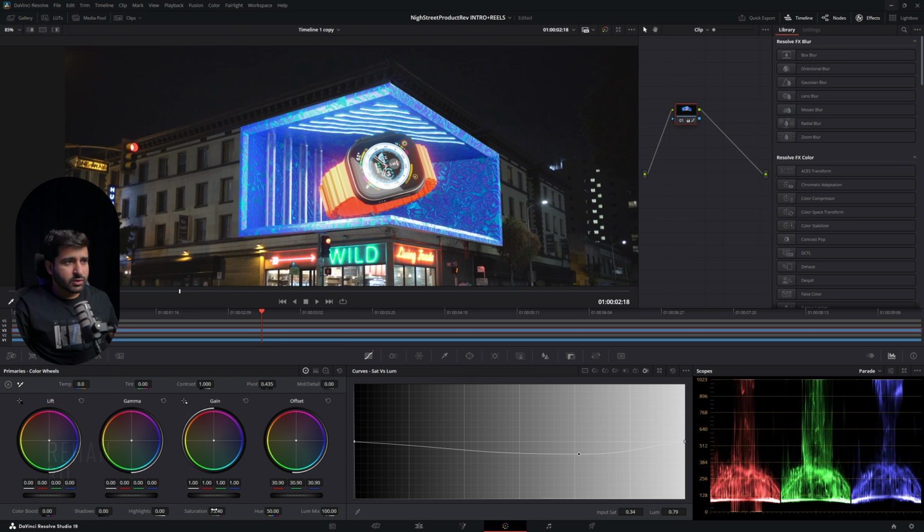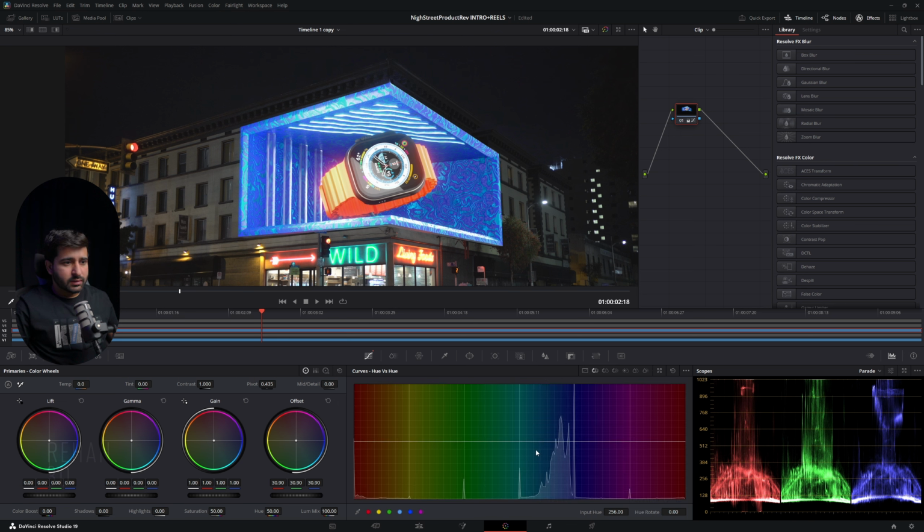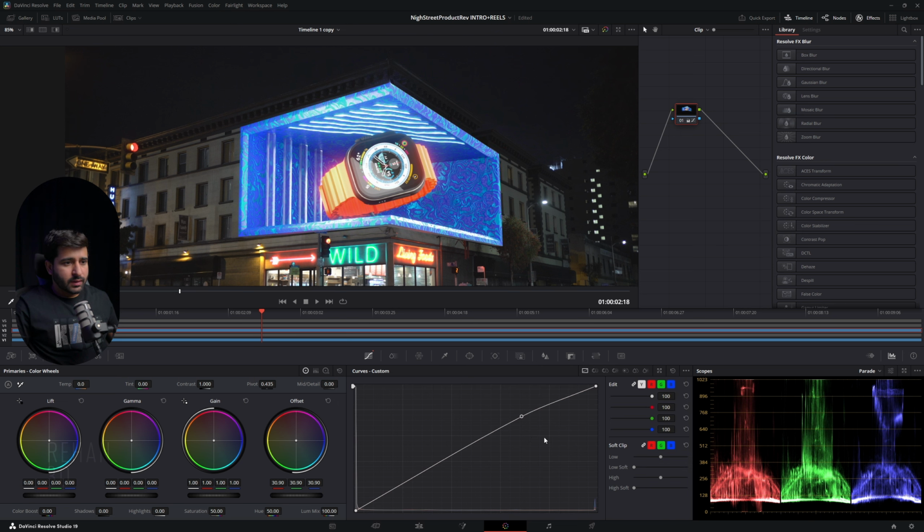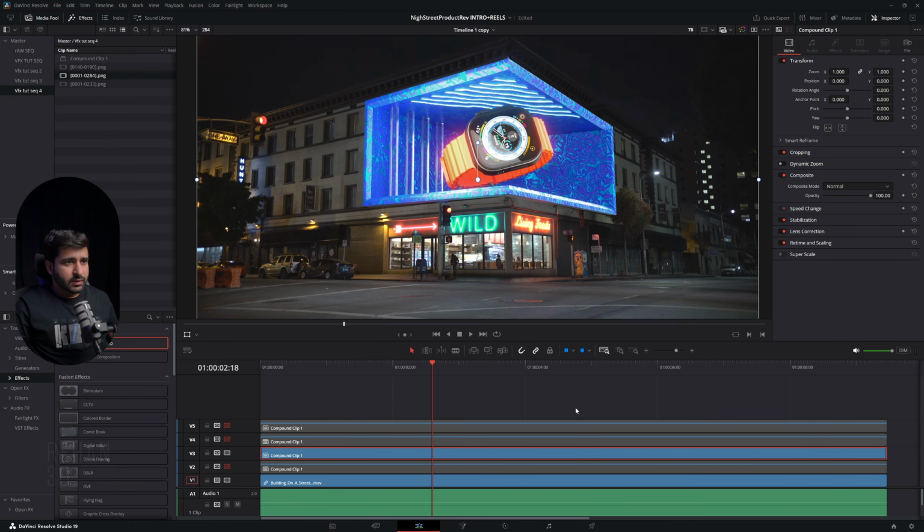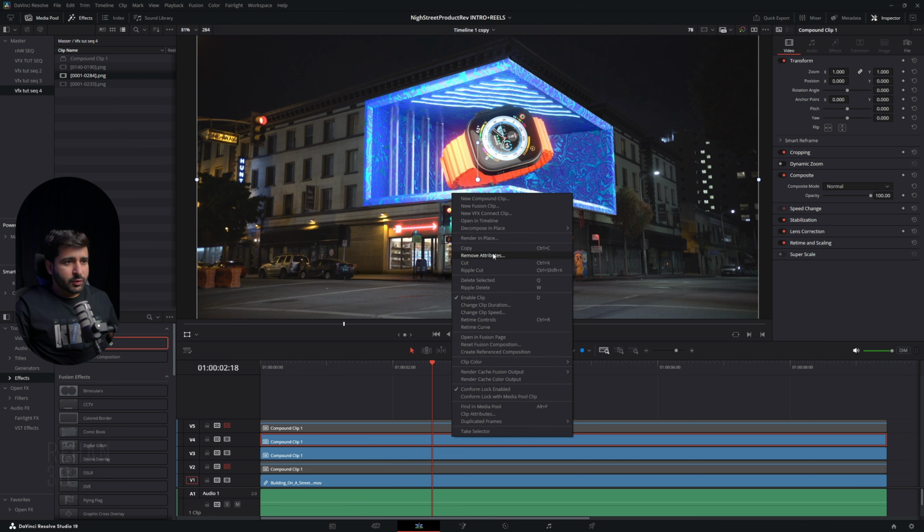You can see the saturation of colors like this, and also change its hue from here. But the main thing is brightness and controls. After this, I will work on my second layer, and now I will open it in Fusion.